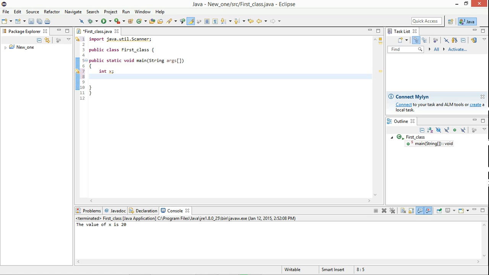Now, how would you use scanner? You need to first define a variable for scanner itself. It's actually something that helps you to take input from the user. Now, to define a variable for scanner, this is the syntax that you follow: Scanner, then any variable name for scanner, let's say sc equals